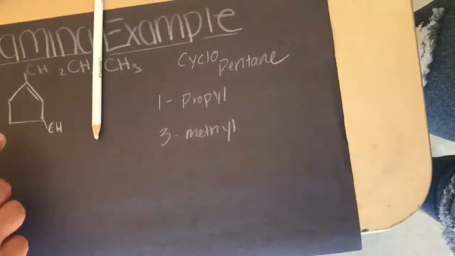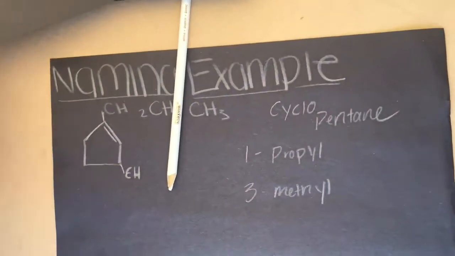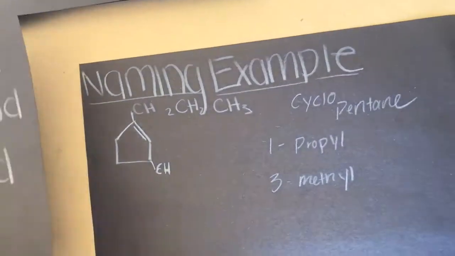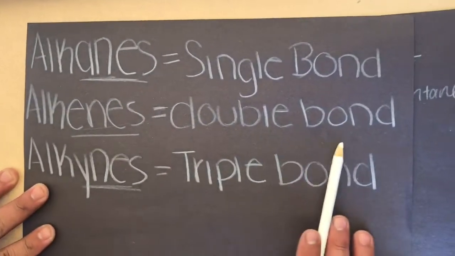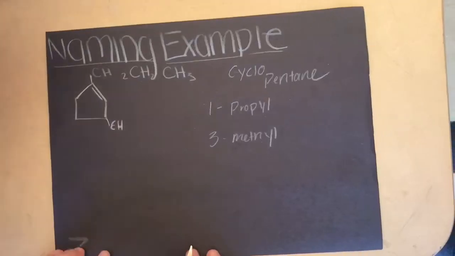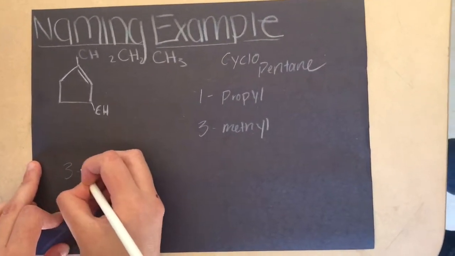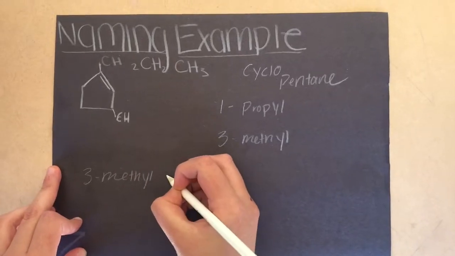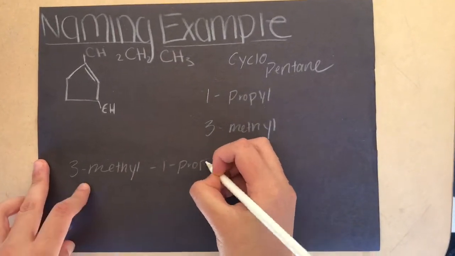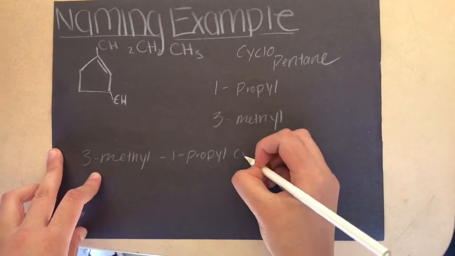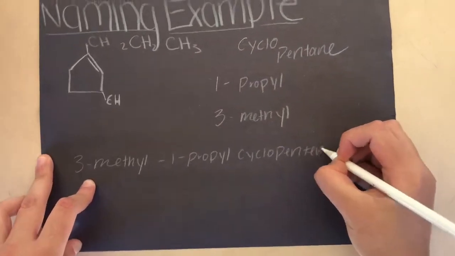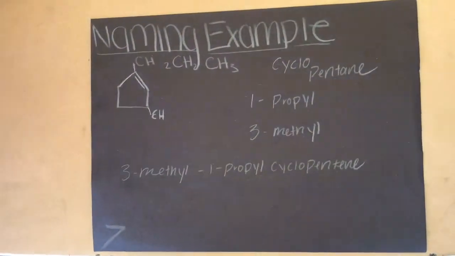This is a double bond. So we look at our chart, and it's a double bond. Alkenes. Now we have to put it together, and what we got is 3 methyl, 1 propyl, cyclopentene. Alright, so I guess that was